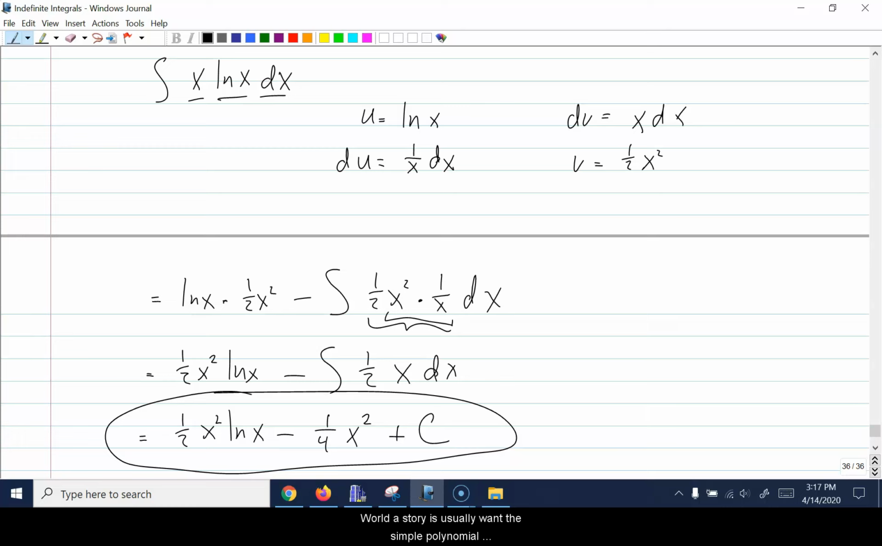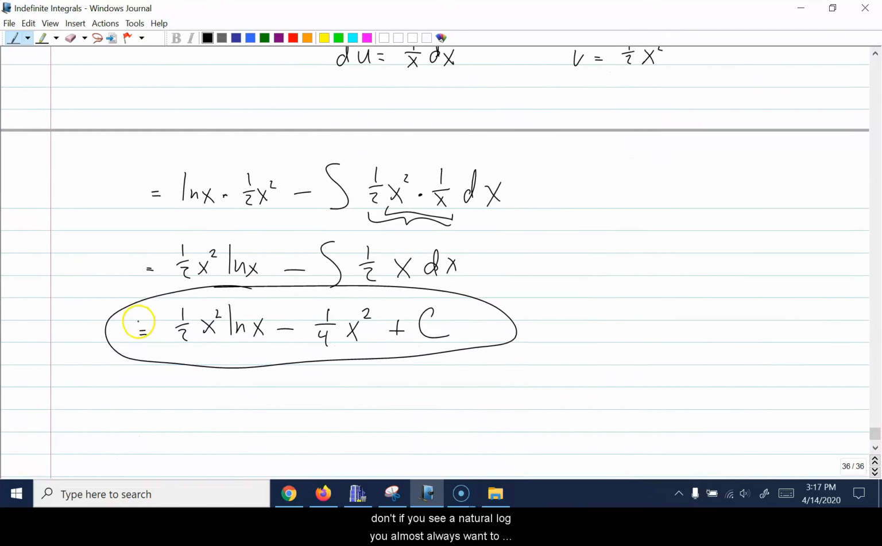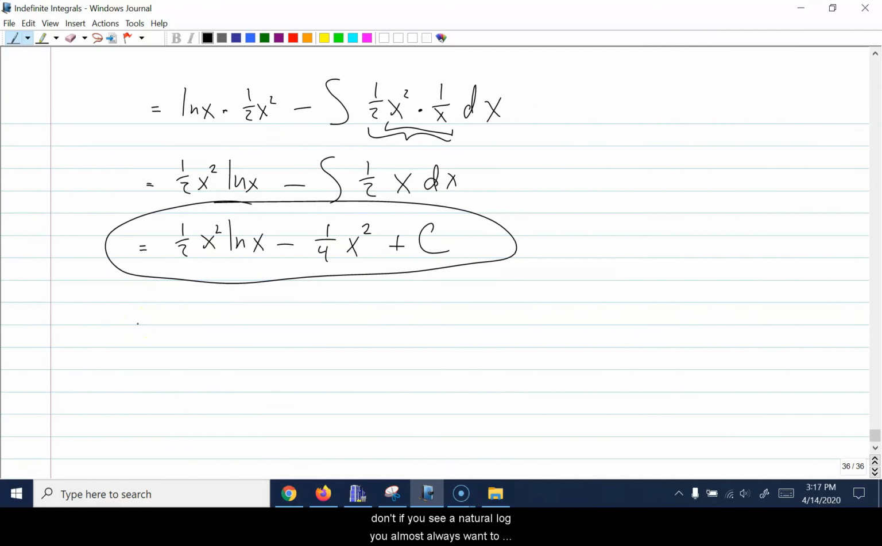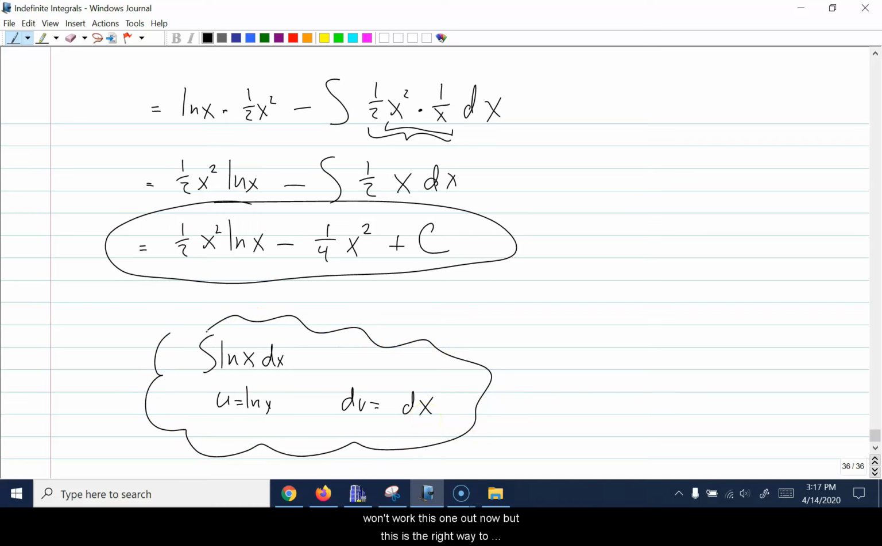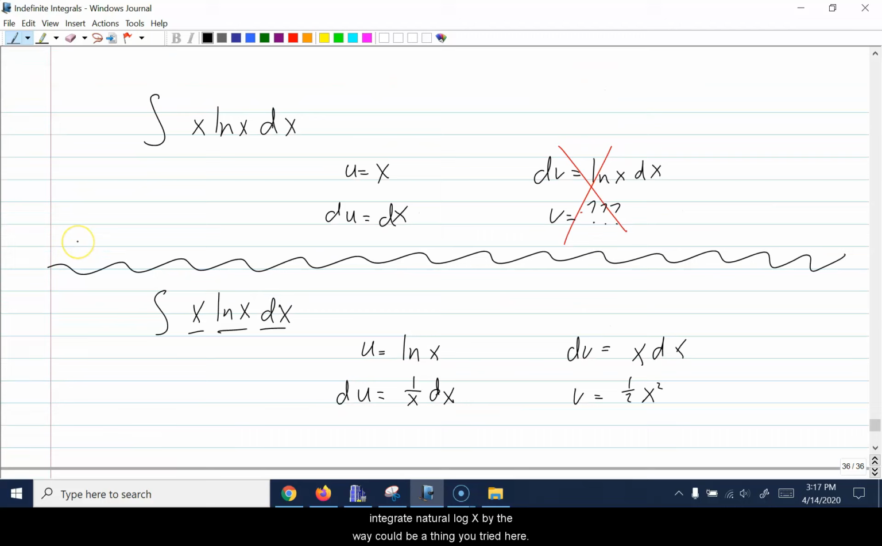Moral of the story is you usually want the simple polynomial function to be the u when you do parts, but when you don't, if you see a natural log, you almost always want to use that as your u. This works even to the extent that if you have the integral of just natural log x, try letting u equal natural log x. And dv is everything else, there's nothing else, just the dx. dv is just dx. I think this is a homework problem, so I won't work this one out now, but this is the right way to integrate natural log x, which, by the way, could be a thing you tried here when we said, hey, I don't know how to do this because I don't know how to integrate